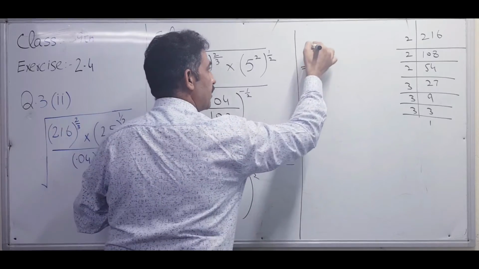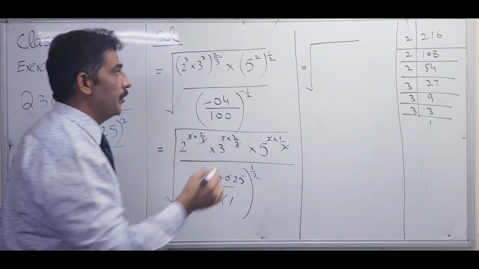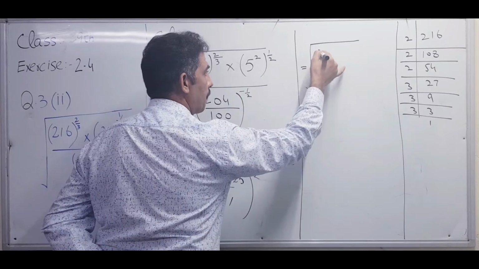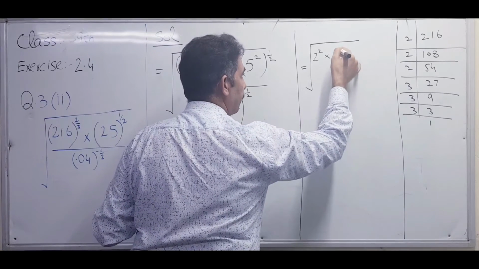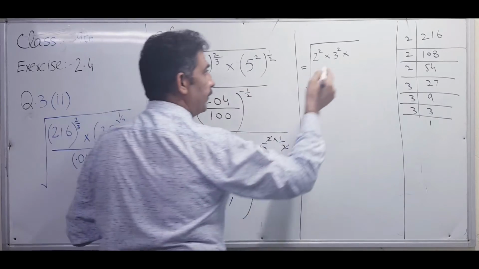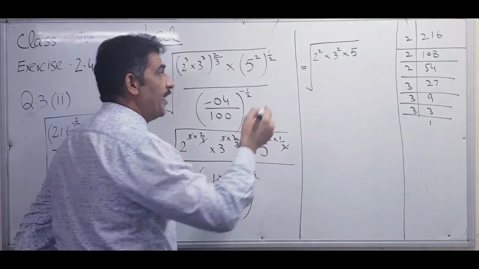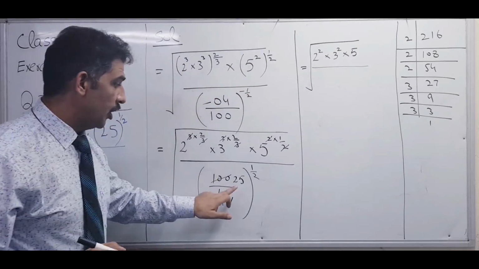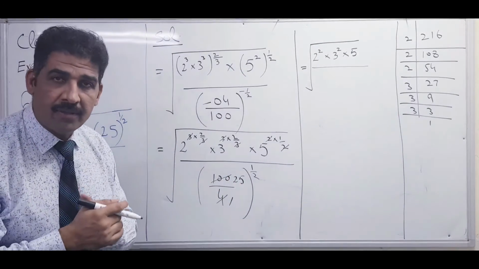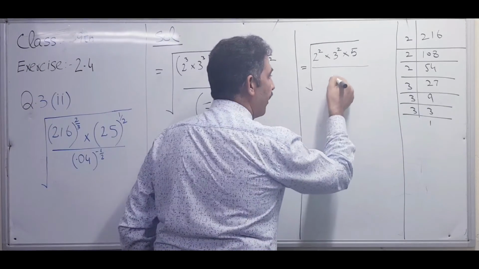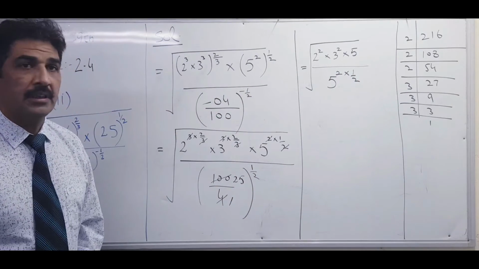First I will apply the root. I did not cancel the root yet because this is the rough procedure. 2 exponent 2, 3 at exponent 2, multiplied by 5, with exponent 1, so no need to write exponent 1. In the denominator, 25: make it a factor like here. 25 is the square of 5, so I can write 5 square, and power multiplied by its power, whole power multiplied by this.